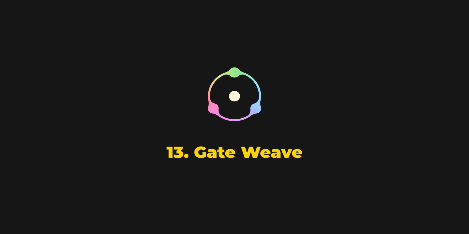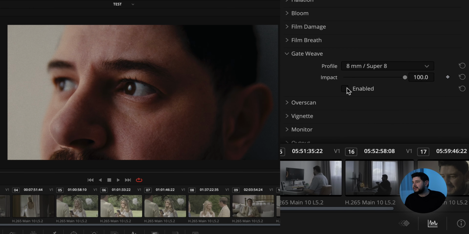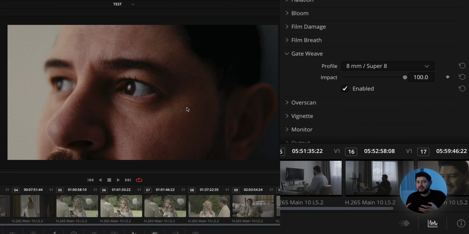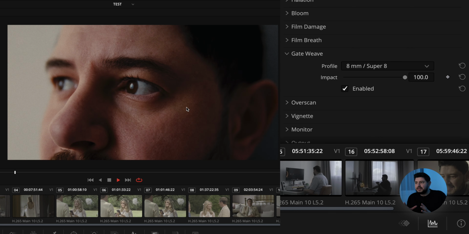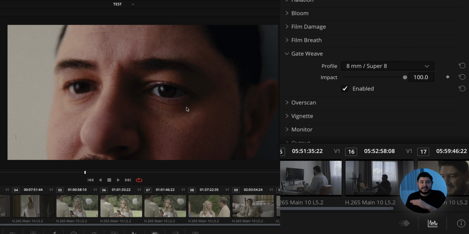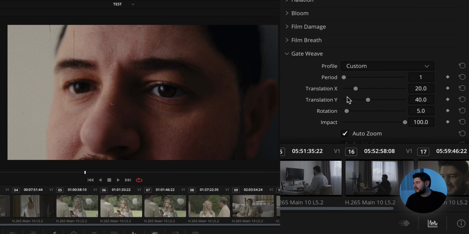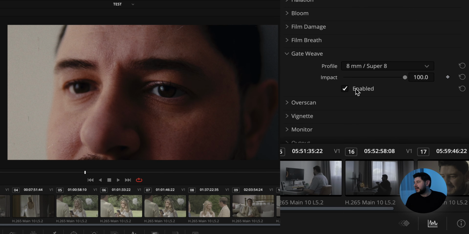The next one, gate weave, is the same thing, but for the actual movement of the image in between frames. To watch a movie back in the days, and even nowadays in some movies, they would have the film stock going through some rolls and stuff like this. And this naturally has a lot of small jitter and movements that can actually be seen on the bigger screen. So if I enable this, you will notice how it zooms into the image slightly, and that's because it needs this amount of jitter. And you see how the shot just slightly moves, even if it's a static shot. And as always, you can choose the impact, you can create a custom one, and you can choose between different